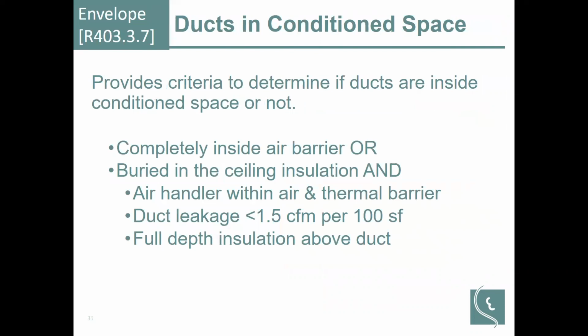Now as far as how to determine if ducts are considered within the conditioned space and not losing a substantial amount of their heating or cooling to the unconditioned space. In order to be in the conditioned space, ducts must be completely inside the air barrier, or they must be fully buried in the ceiling insulation, and the air handler must be within the air and thermal barrier. So no putting your air handler in the garage or